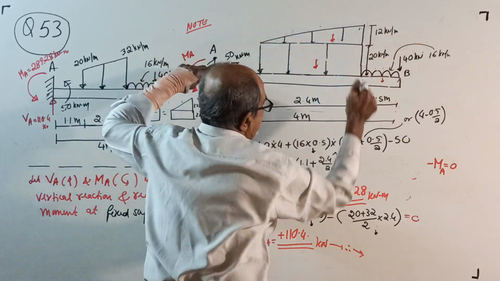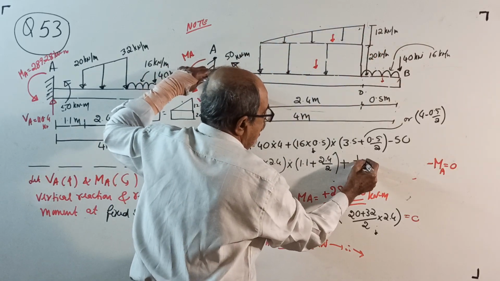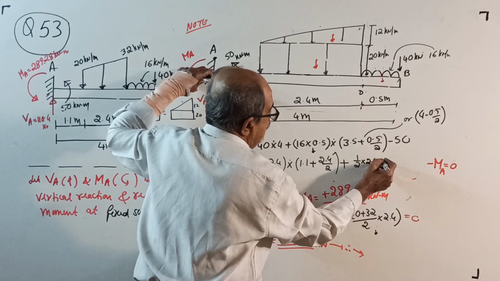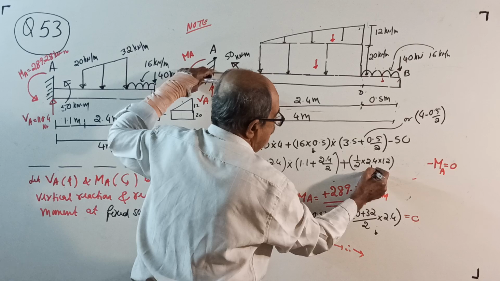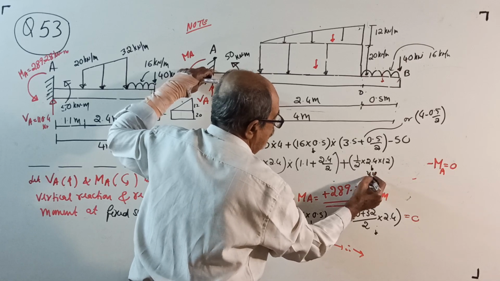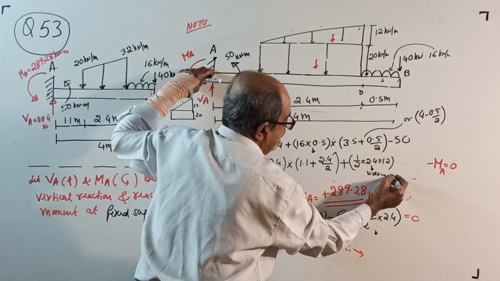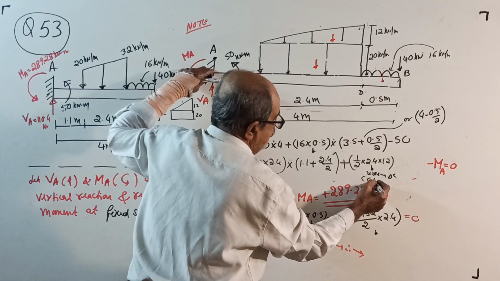This uniformly varying load, half into 2.4 into 12, is the total load. This is the UVL total load, represented by a triangle from C to D,